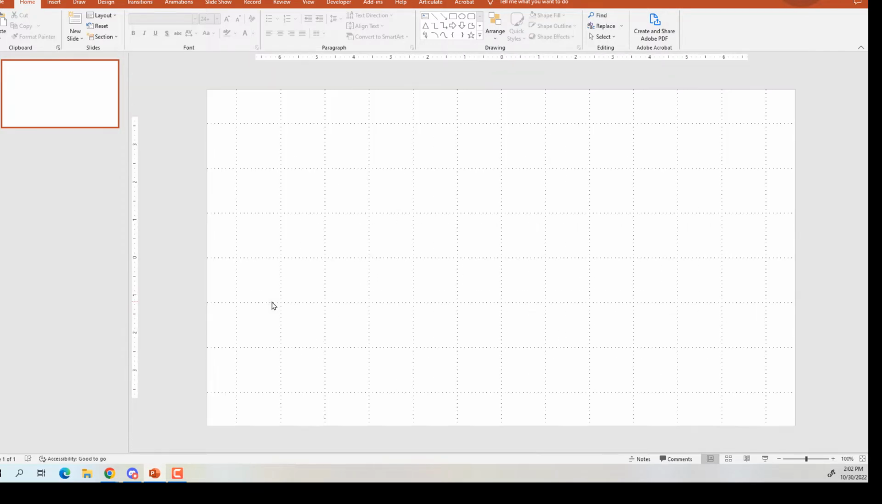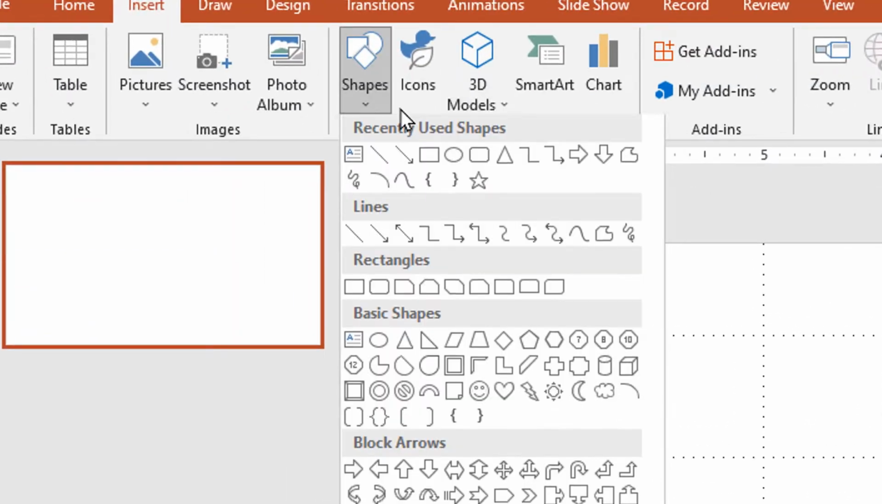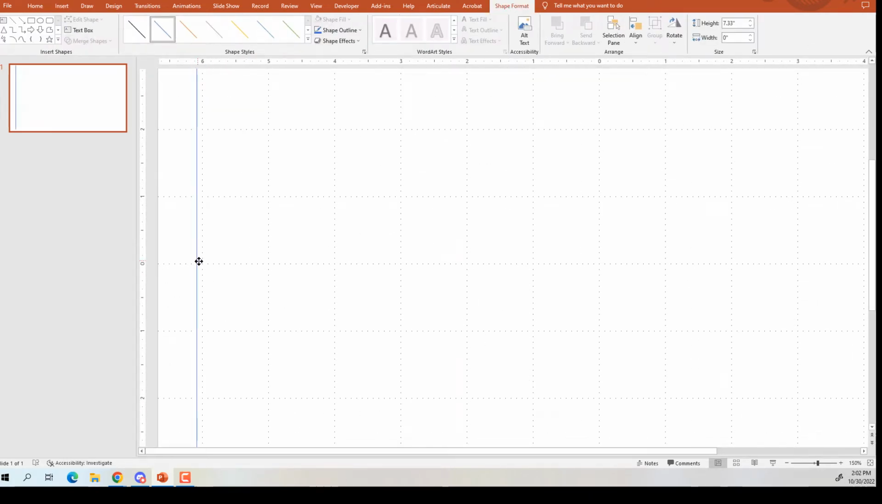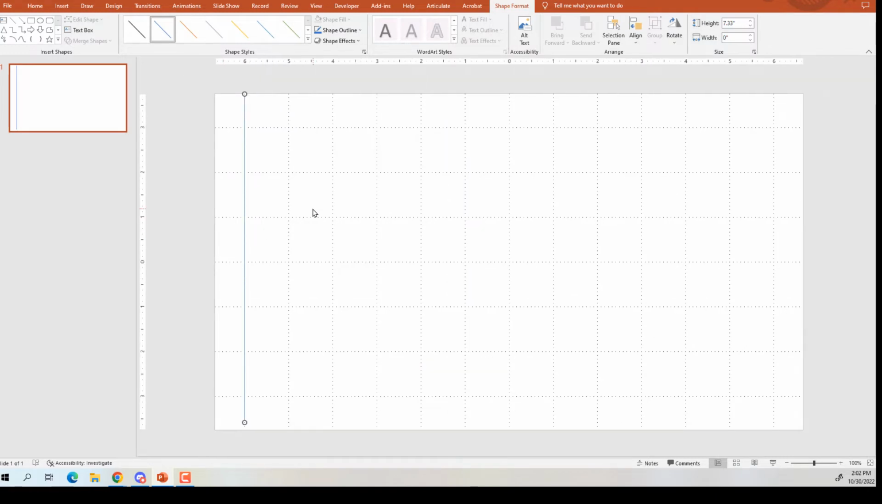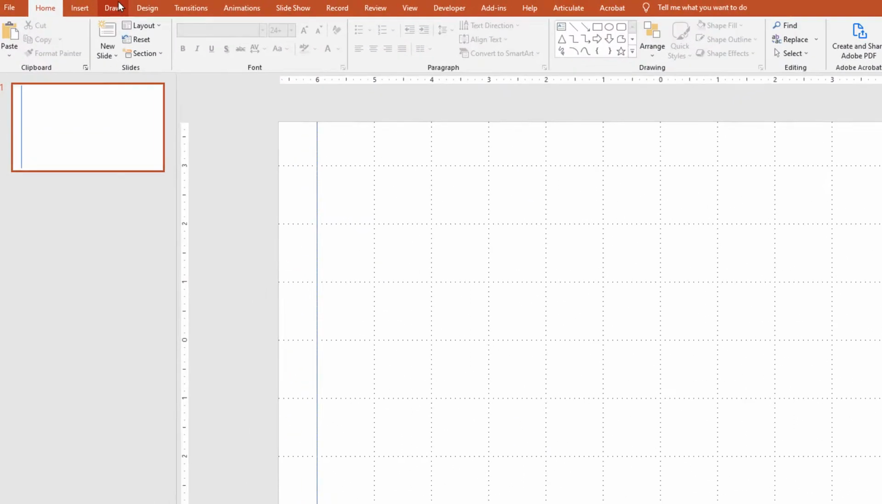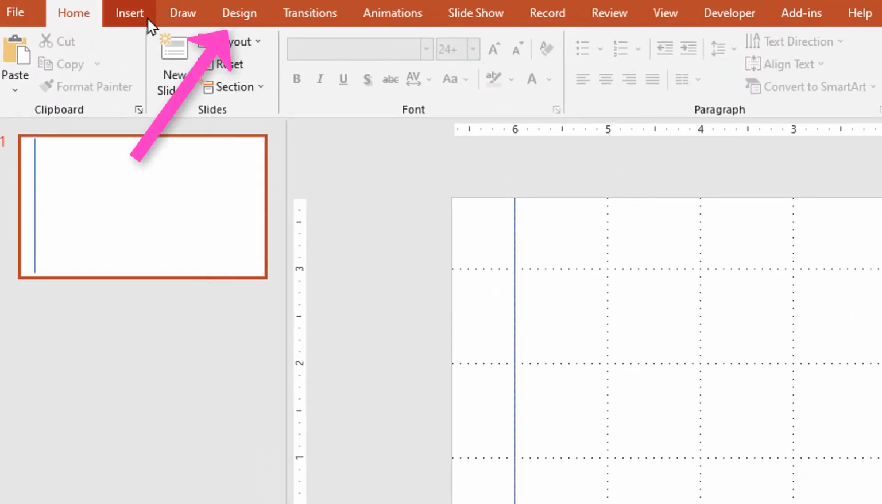So if I take a vertical line and insert it into here, hold down Shift, it gives me a nice vertical line that when I drag it, it snaps to exactly the place on the grid where I want it. So in order to make this something that's printable on an 8.5 by 11 sheet of paper,